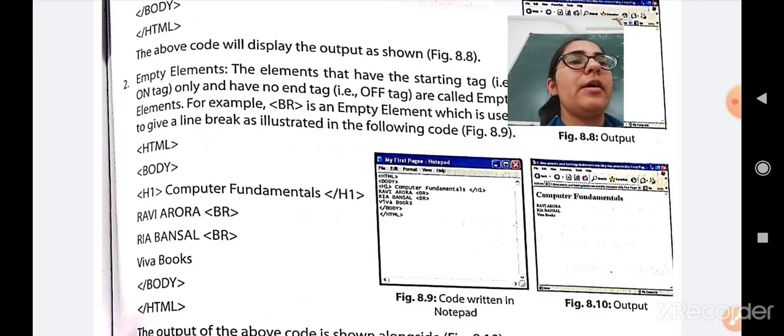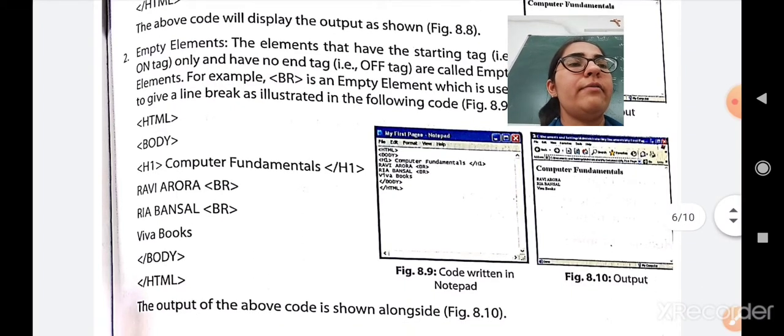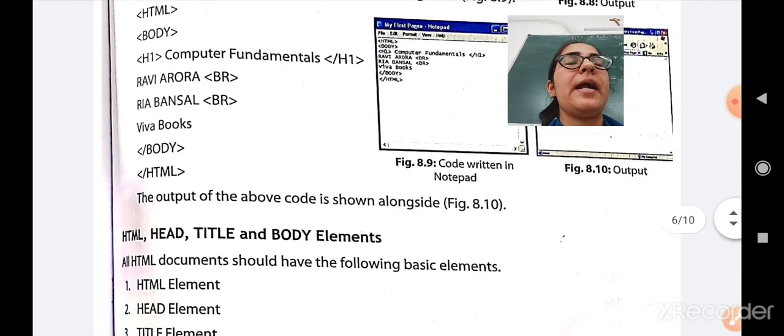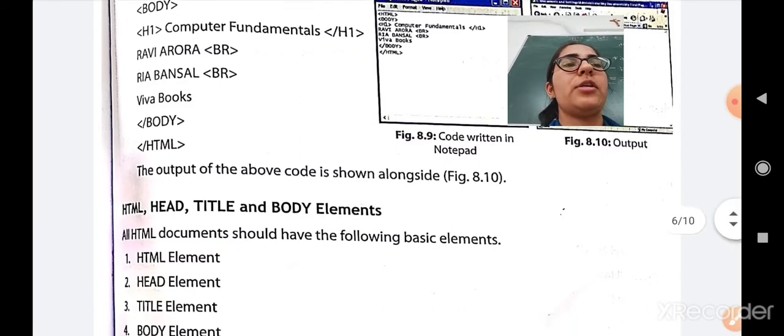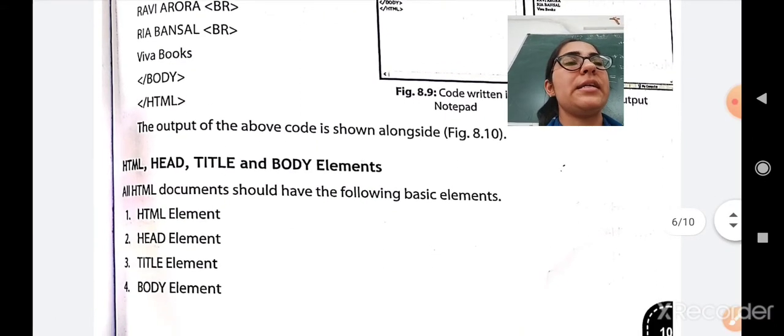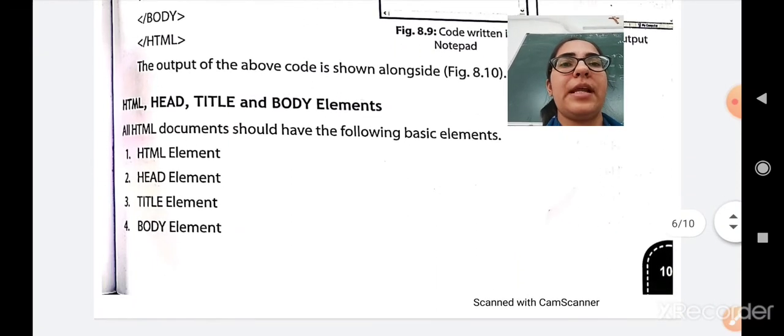So here figure 8.10 will show you the output. Heading is computer fundamentals. After that Ravi Arora. On the next line Riya Bhansal, and on the third line Viva Books. So the BR tag is used to break the line, to go to the next line, and it is an empty tag. Okay, so already we have discussed the two types of HTML element. One is a container element and second is the empty element.